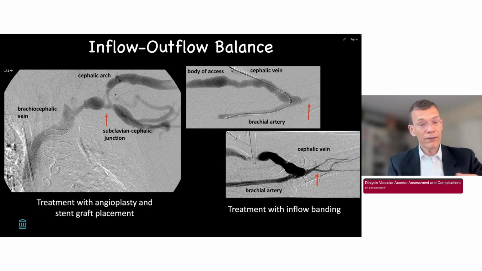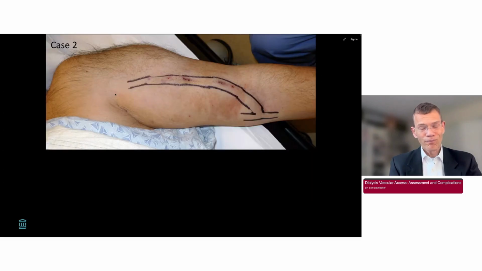So this patient needed an angioplasty of the outflow, but at the same time, immediately after, or very soon after, a banding procedure so that the flow could be effectively reduced. And I'll show a little bit more about this. So, in this example, we had a high flow access with steal. Now here's an access